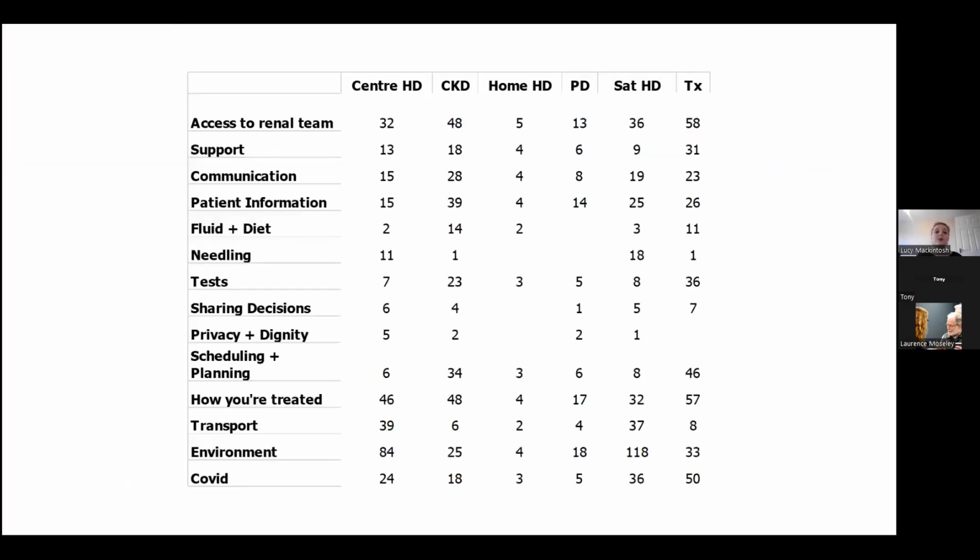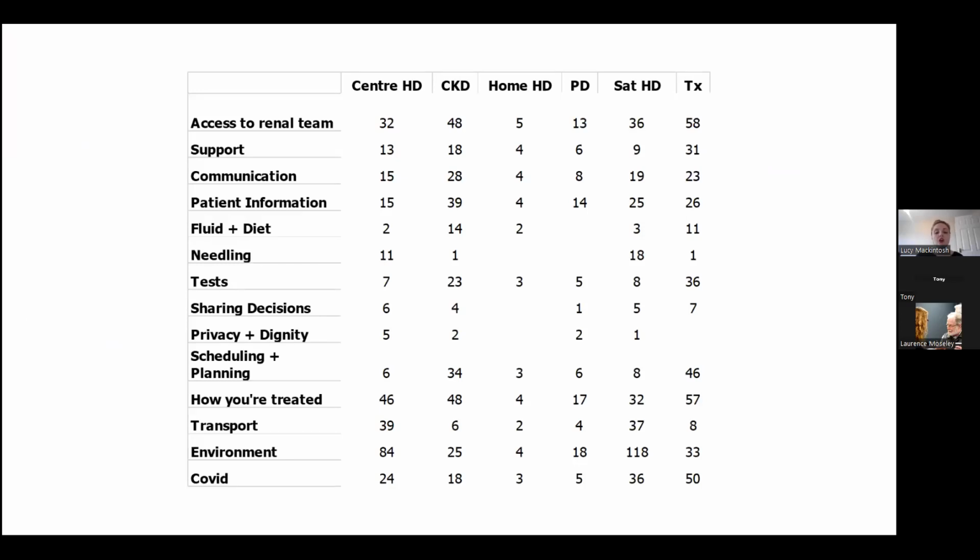This is also a bigger presentation. This is each of the themes that emerged, and this is based on treatment type. As you can see, home hemodialysis, just for reference, is the smallest population of kidney disease patients, so you can see quite a few gaps and the numbers are very low. Centre HD is the biggest population of kidney patients in the UK, and so their numbers are naturally high. But within each of the treatment types, you can see what is emerging.